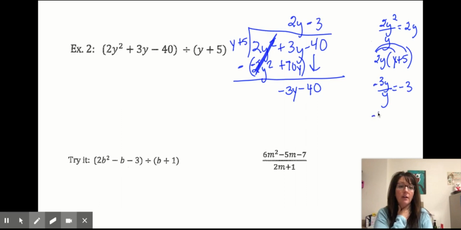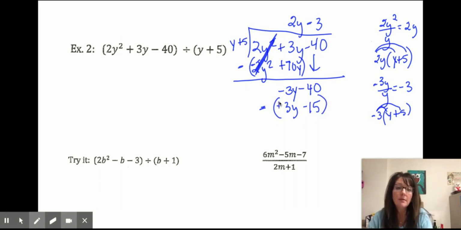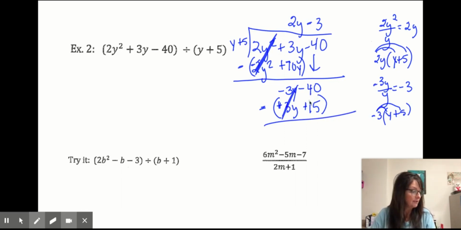Then we're going to take our negative 3 times our divisor, right? So negative 3 times y is going to be negative 3y. Negative 3 times 5 is going to be negative 15. But we have to subtract this whole amount. Remember, that's the algorithm that we use. So this becomes a positive and this becomes a positive. It's like distributing a negative number. So negative 3y plus 3y cancels out. Negative 40 plus,